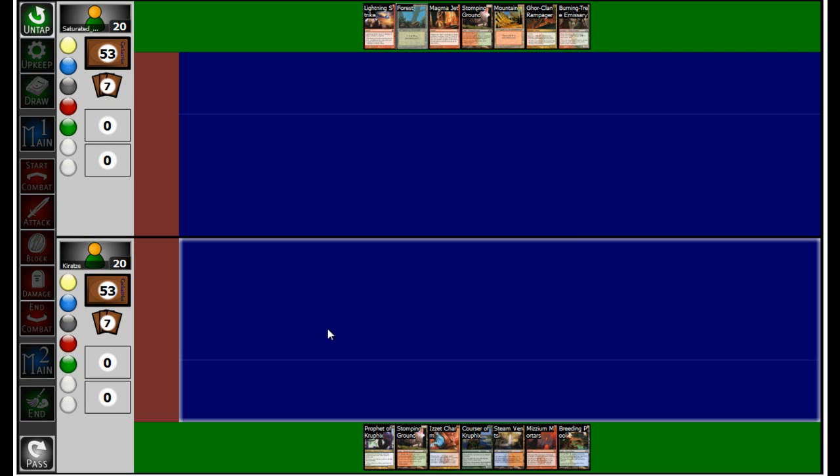Sideboard wise, it didn't really do much. The main board is pretty well situated against these kinds of decks, so pretty much the only thing is, because I noticed he was playing more of an aggressive version of the deck, I opted to, I believe, take out the Niv-Mizzet, and I also took out the Kiora and added in both of the Anger of